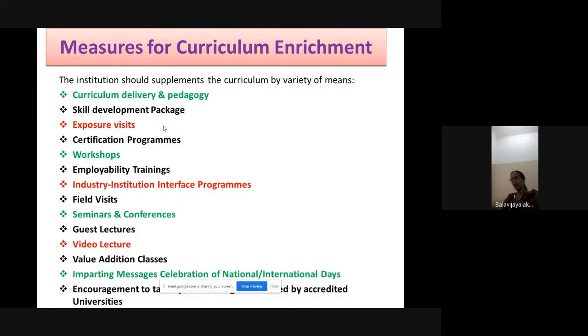in the case of the curriculum which we are defining, we are saying encouragement, what is the method, how the institution can supplement this by its curriculum delivery and pedagogy, skill development packages, giving an exposure visit like a field visit or industrial visit. Any educational institution may arrange any certification program apart from the regular curriculum, workshops, guest lectures, adjunct faculty lectures, some kind of video conferencing which we are providing